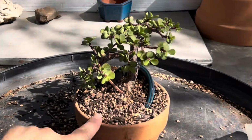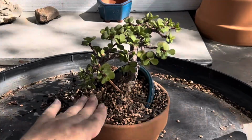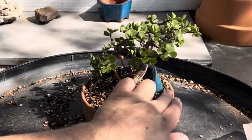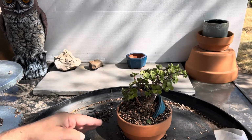This would work really well with something that wasn't a succulent that you needed to get in soil right then. I mean, you could basically plant the whole entire pot below soil level if you were like, oh no, there's roots everywhere. I mean, do what you want to do, but